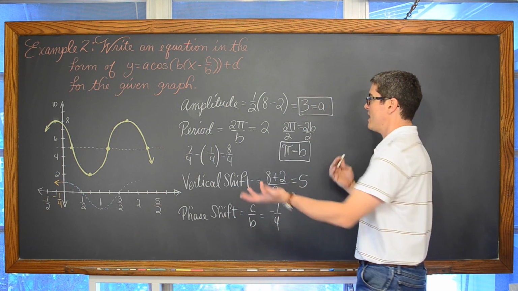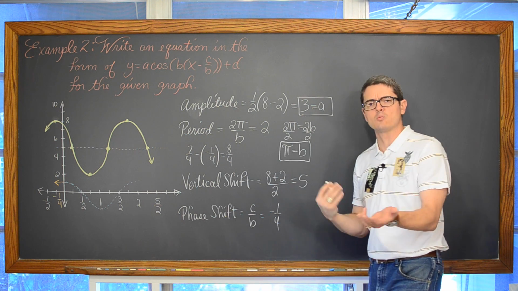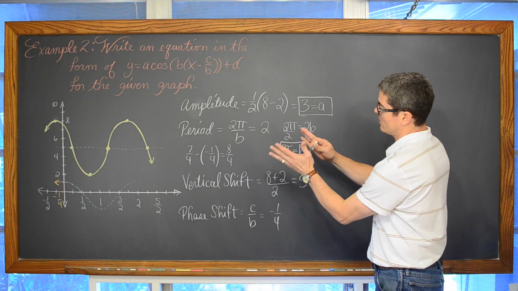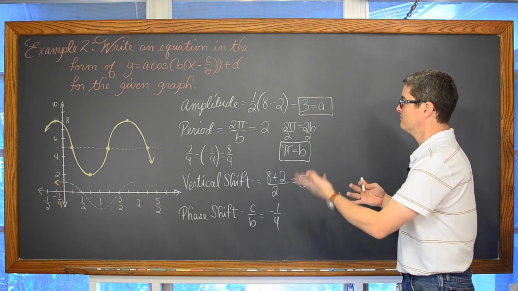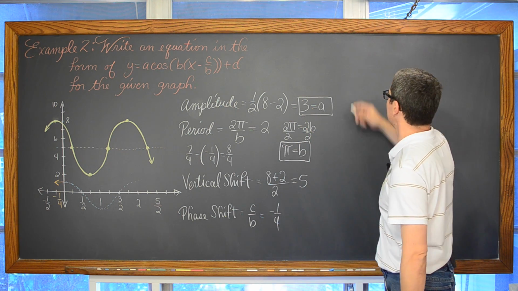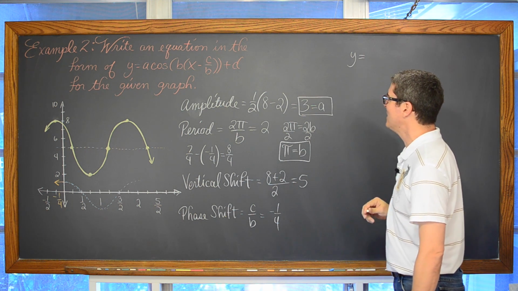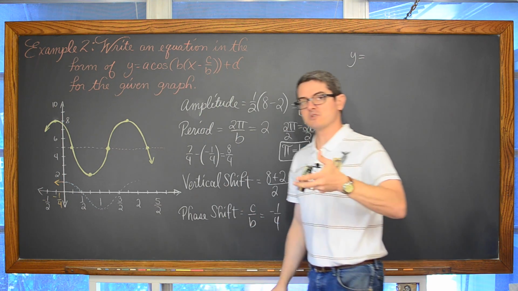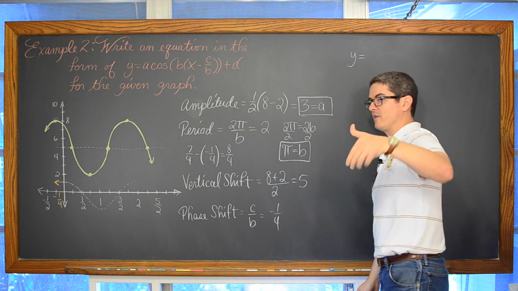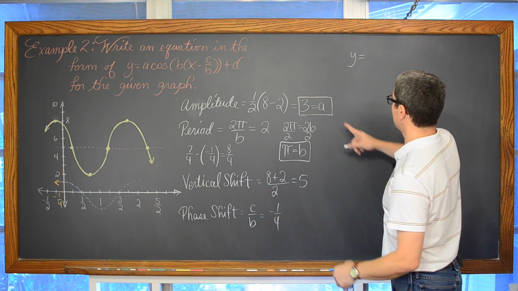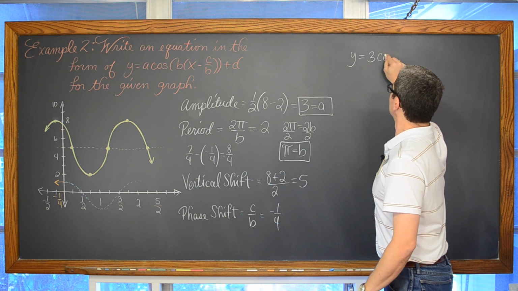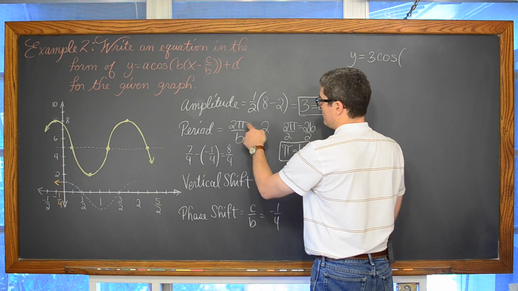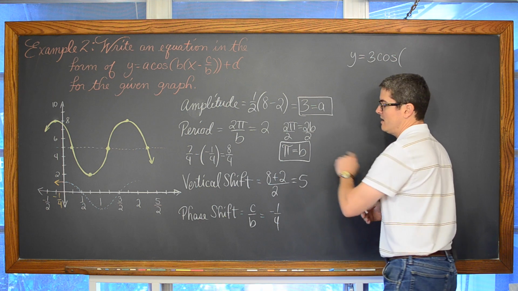And so we have all 4 things now that we need to write the equation, at least one version of an equation that graphs right on top of that given graph. Always seems weird to say graph twice in the same sentence. So y is equal to, we're starting at a maximum, so no need for any kind of reflection over the x-axis, at least not with this version of our answer. So 3 cosine, our period was 2, but to get that period of 2 from the standard 2 pi over b, that means that b needs to be equal to pi.